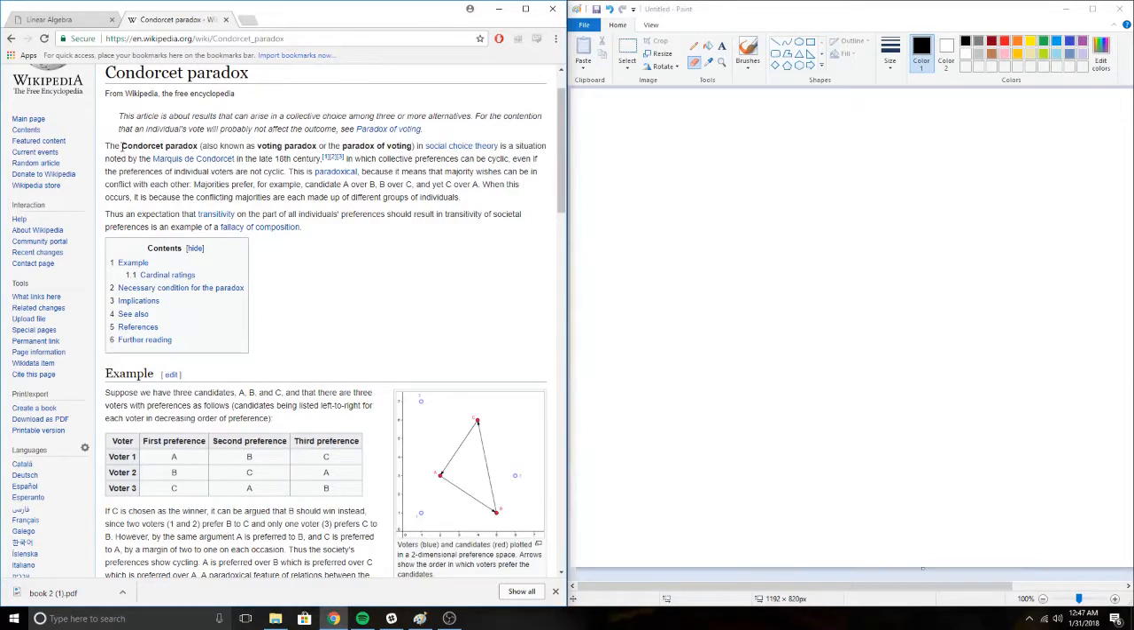So the voting paradox, also known as the Condorcet paradox, was created in the late 18th century and talks about how collective preferences can be cyclical, even if the preferences of individual voters are not cyclical. This is a paradox because while one thing may be true, another larger idea is false, therefore contradicting each other